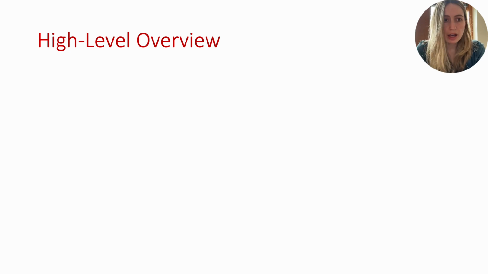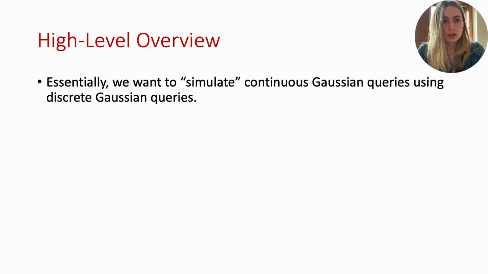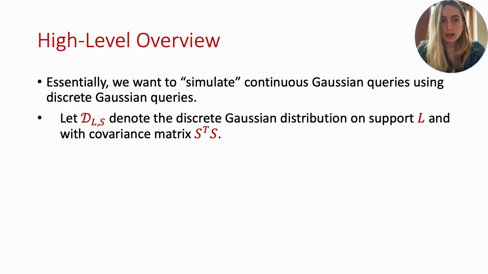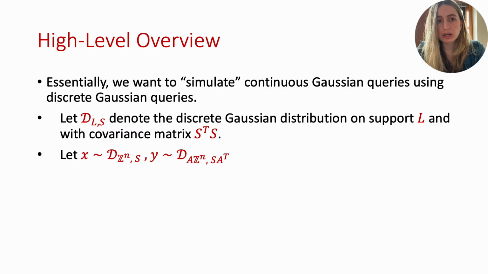Now we're ready to talk about a high-level overview of the techniques for proving the lifting framework. Essentially, what we want is to simulate continuous Gaussian queries using discrete Gaussian queries. So let D sub ls denote the discrete Gaussian distribution on the support L with covariance S transpose S. And let's sample X from a discrete Gaussian supported on the integers Z to the N with this covariance matrix, and Y sampled from the discrete Gaussian supported on A times Z to the N with the corresponding covariance matrix